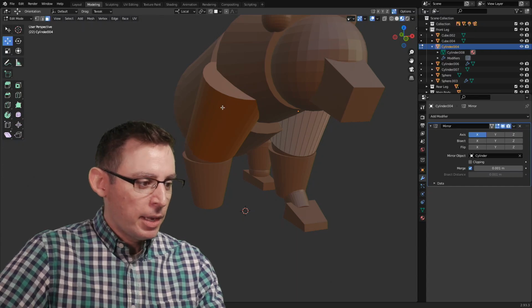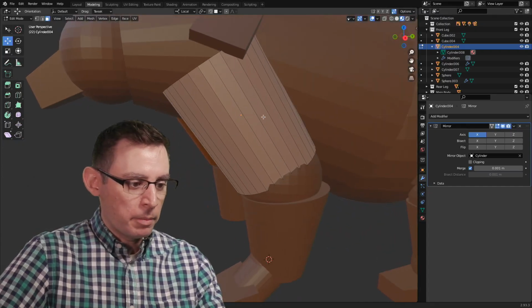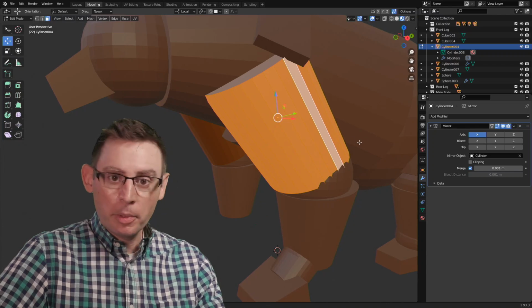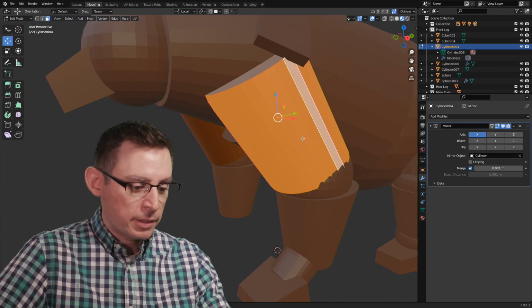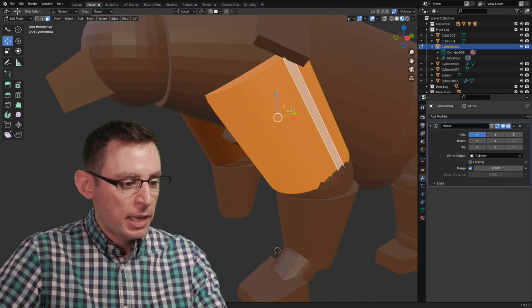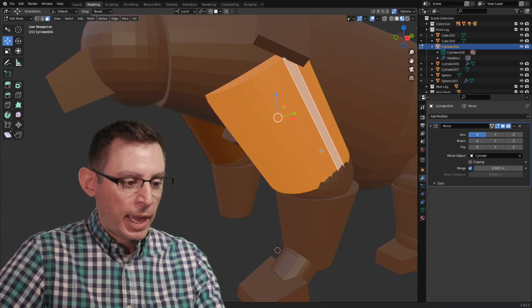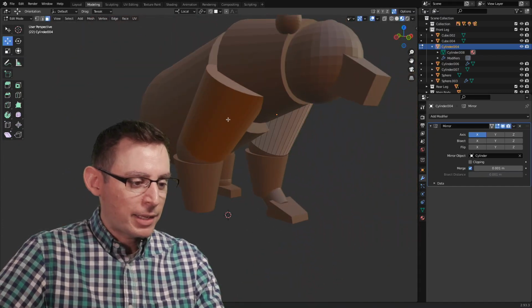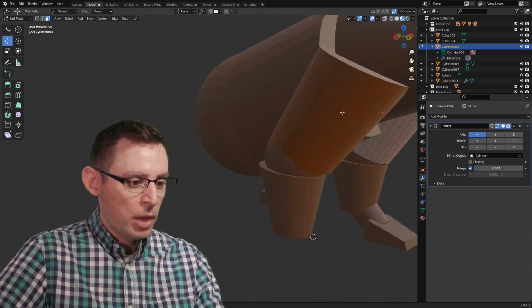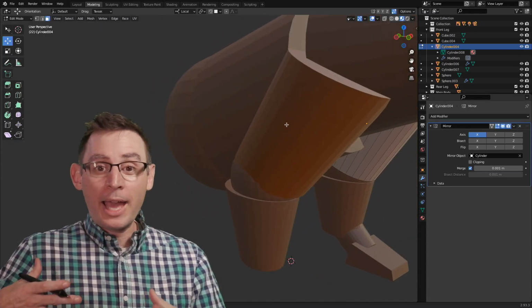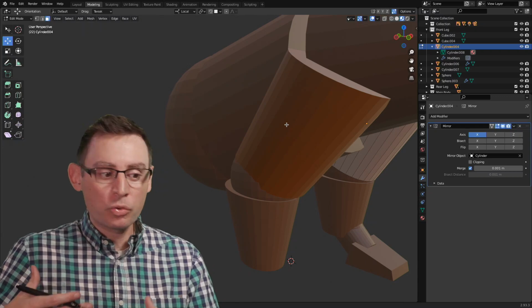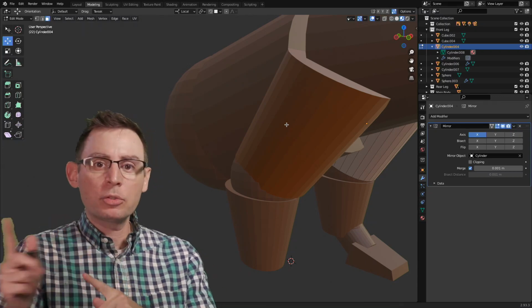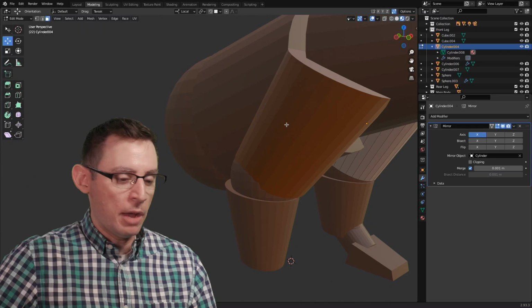I can't go in, so I'm on my upper arm mesh object. I can go into this one, double click on it, hit L. L selects all the connected faces. I can work on this shape till the cows come home, but I can't select this copy over here. So once we're done, we're gonna need to ask the computer to kind of bake or create true selectable geometry for the polygons on the other side of the mesh.